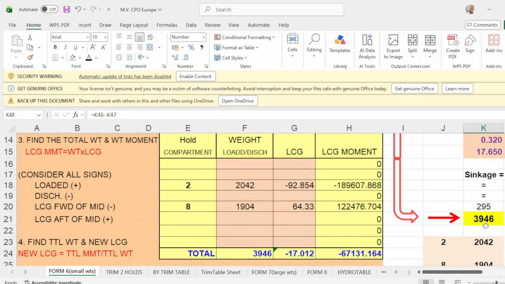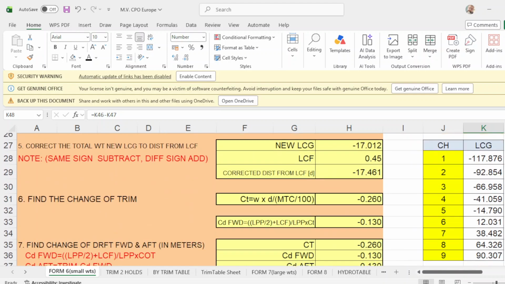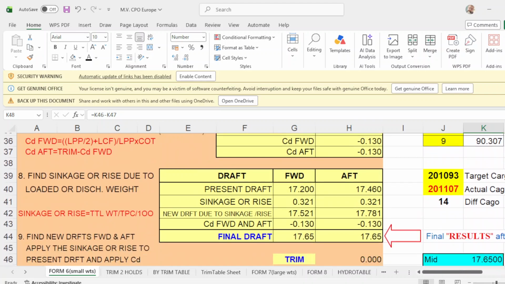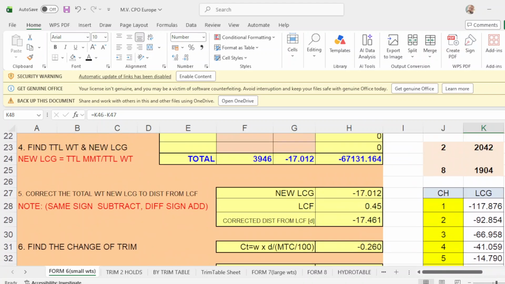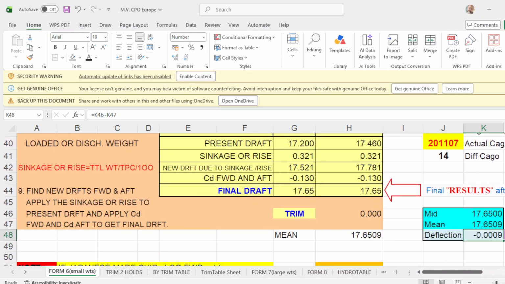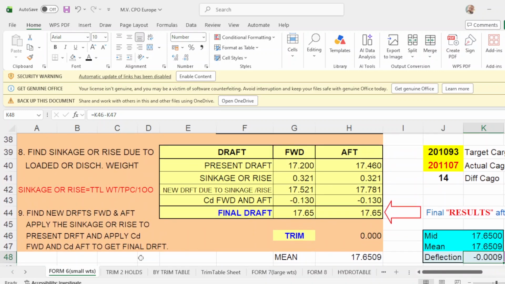And once you put here, you will have your even keel drop of departure. So take note. Once you put your trimming holds, your cargo for each hold and LCG, then you will have departure drop.